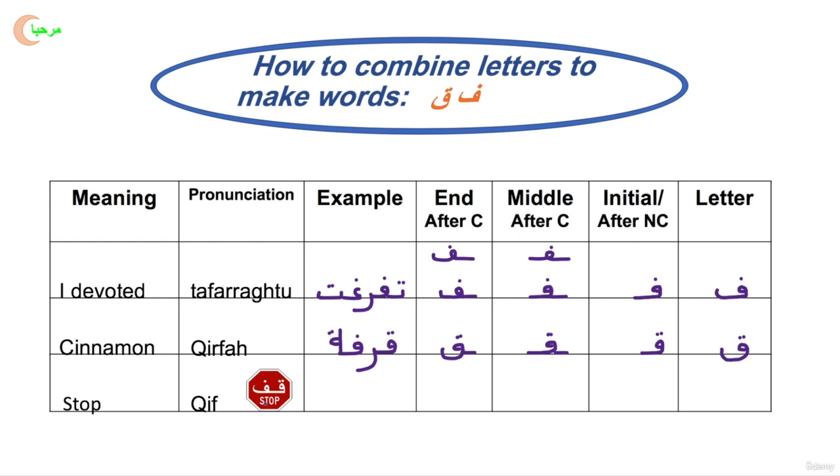Now the last word here that you see is the word qif. So it's a stop sign. And in the Arab countries, you will see it either with just the word qif in Arabic or both. So qif is written like this. So we have the qaf at the beginning of a word with 2 dots, right? And then the fa, and since the fa is at the end, then we're going to close the door. Qif, and that means stop.